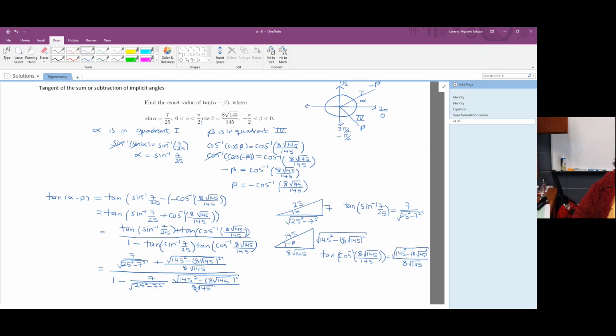But that's how we will go about solving this problem. We're going to find the tangent of alpha minus beta where alpha and beta are not exactly explicit, but we can find a formula for alpha and beta in the process, and then we apply the